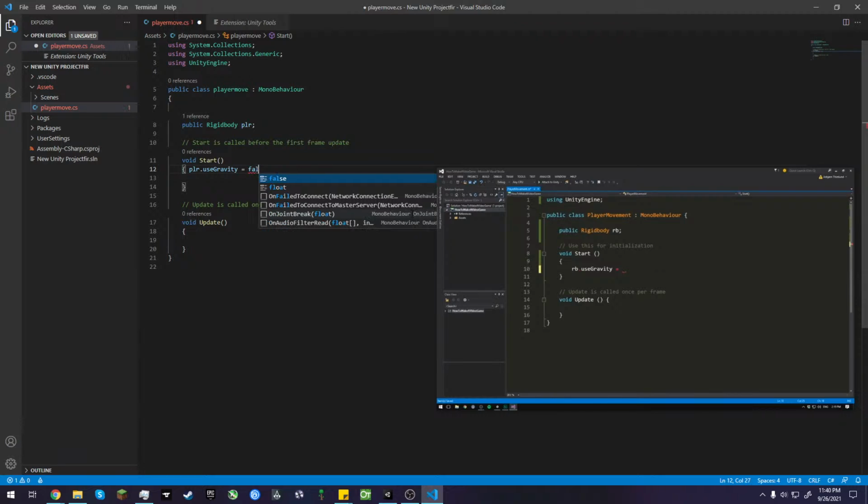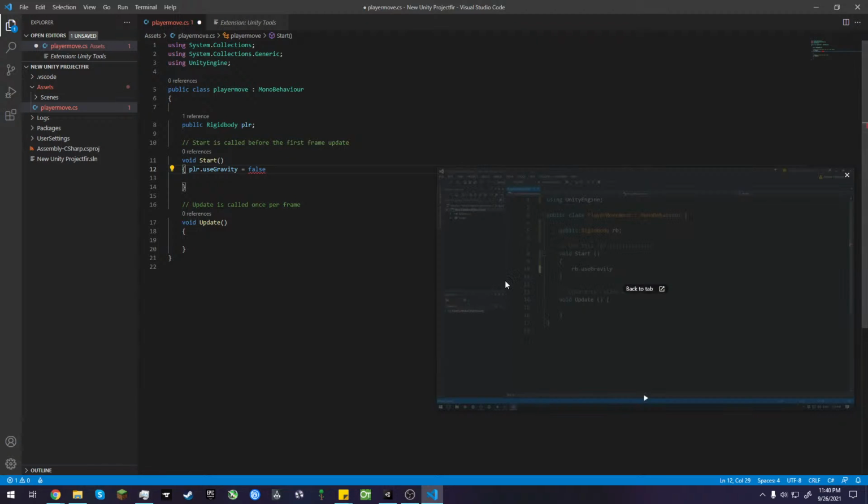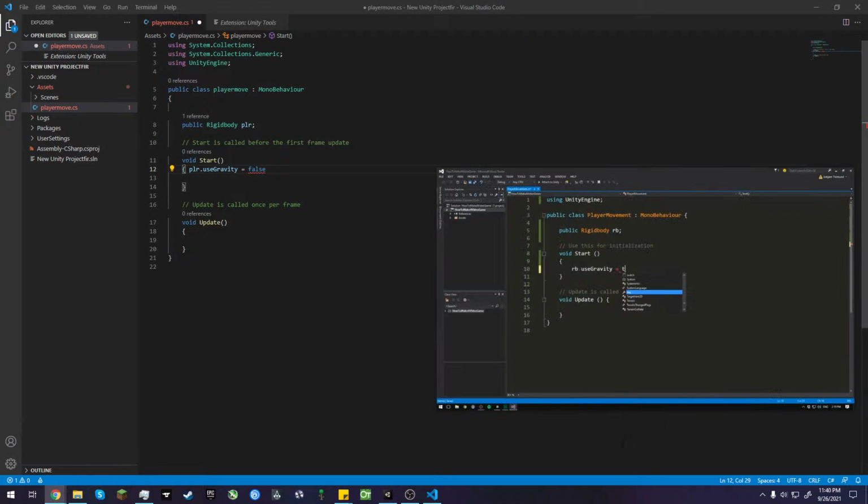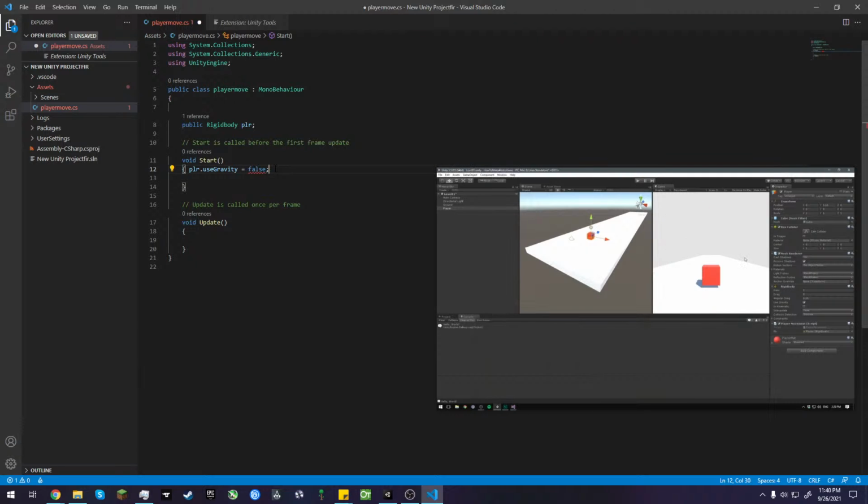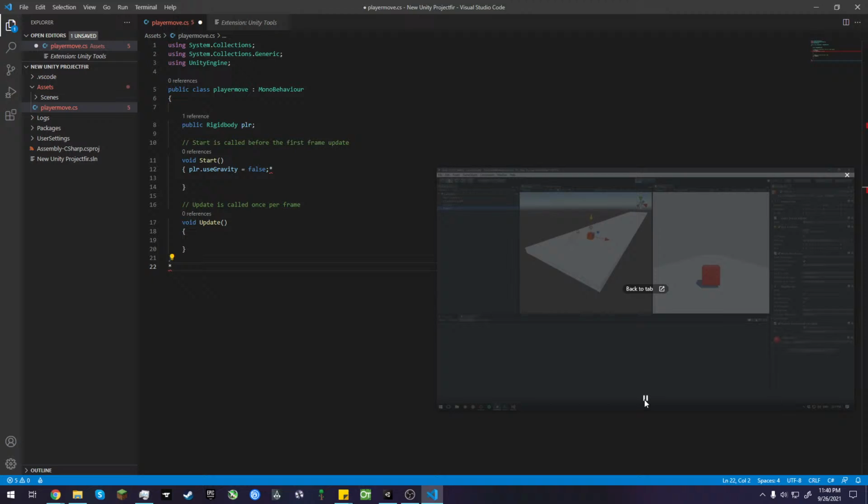Equals, put to either true or false. In our case, we're going to set it to false and then of course end with a semicolon. Yeah, so save that, let's hit into Unity, and let's see if this value is going to change when we hit play. So let's hit play, and indeed the use gravity changes to false. We can see that our cube here is hovering in the air, and if we were to duplicate him so that the